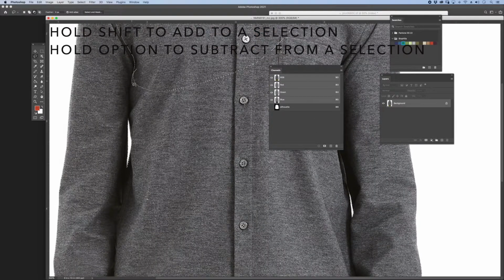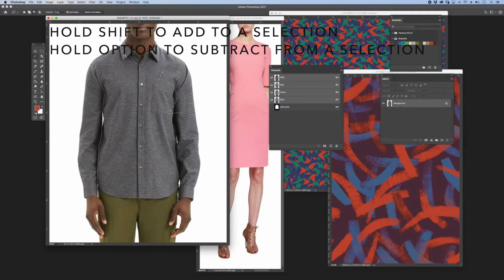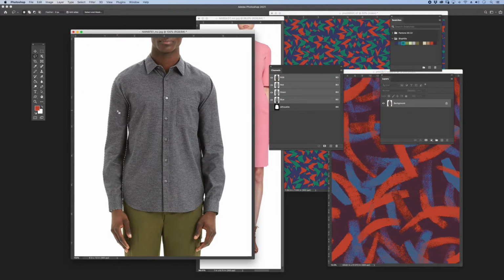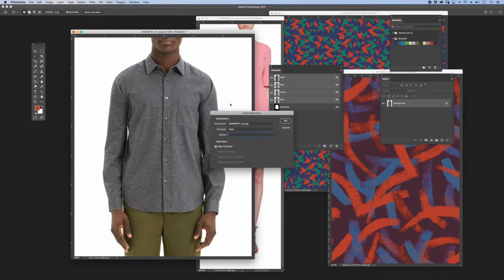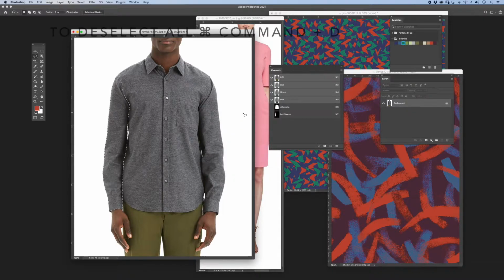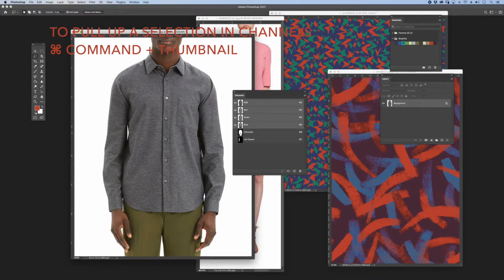And once again, I'm holding the Option key to subtract from the selection. Now I have a left sleeve that I'm going to save as a selection. Select, Save Selection. I'm going to pull up the overall silhouette again, so I'll deselect from my selections. This time around, I'm going to pull up my silhouette by holding the Command key and clicking on the thumbnail